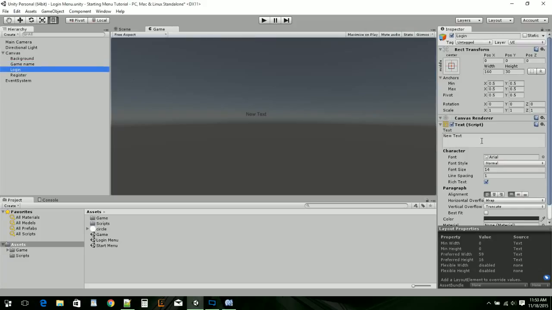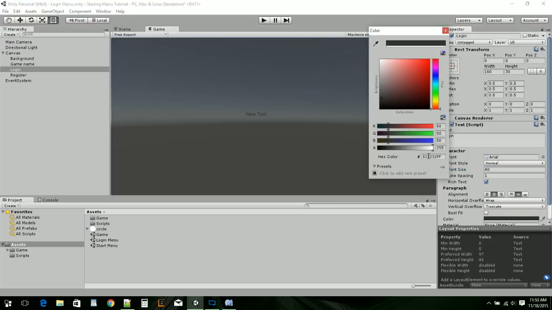So login, let's say this login, and this is going to be size 40. Center that, go into here and paste this color in. Make it a bit lower, and now I'm going to just copy this color. So copy that,